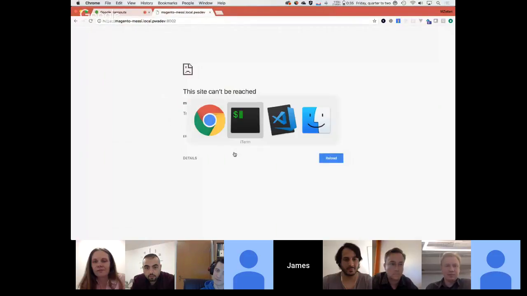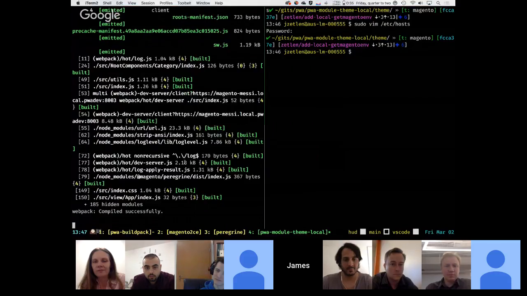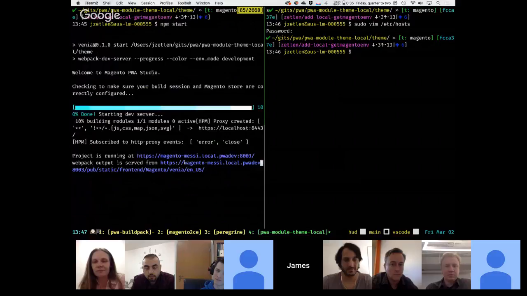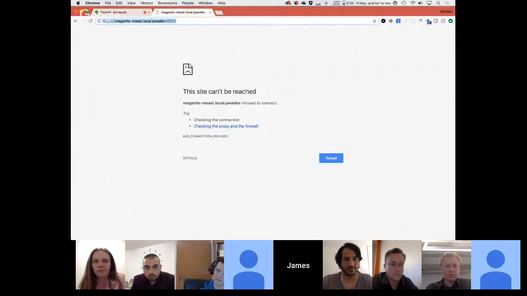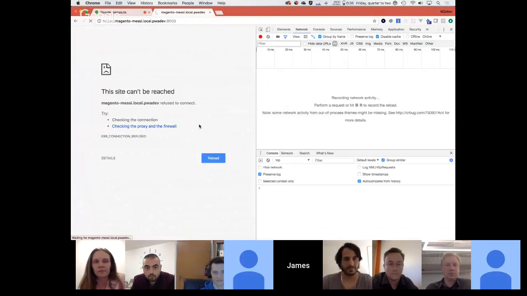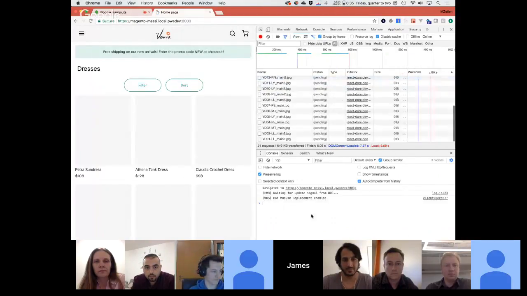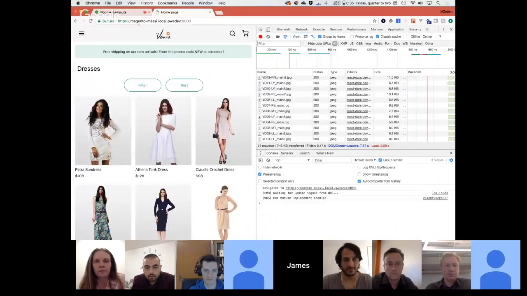Connection refused because we have not actually changed the name. Oh, because it's 8003. Yeah, because it gave you a new port, because of course it did. That actually worked. The new port is provisioned because a lot of the times you might find as a developer, you're multitasking, you're working on a lot of things simultaneously. So observe that not only does this immediately resolve to my localhost, even though it's a brand new domain name, because I had no way of knowing that somebody would pick Messi as their favorite footballer, but also